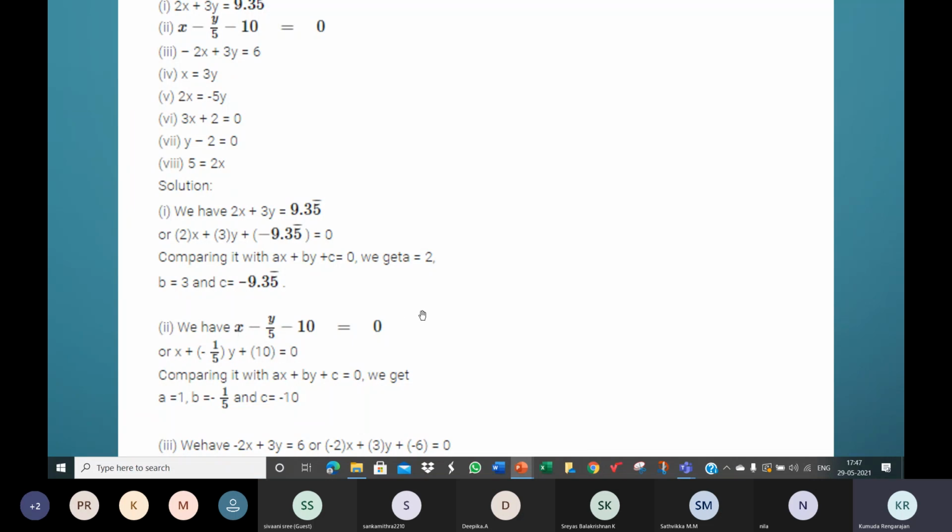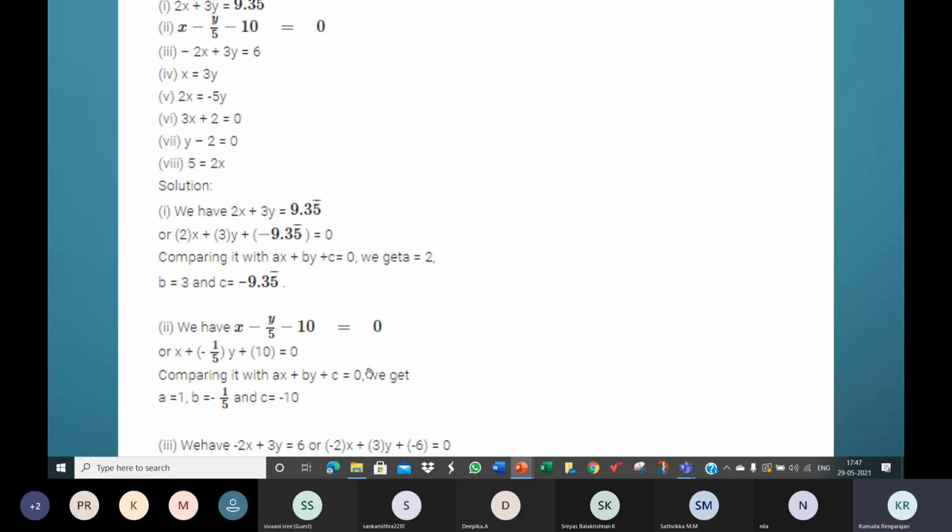You may directly see, when you have to write it in the standard form, it's just that you should bring all the terms to one side. So all of them are on one side here. You can straight away compare. If you want, you can write this step: x, take a plus outside, because it is ax plus by plus c is equal to 0. So ax plus, this plus minus 1 by 5 in the bracket, minus 1 by 5y. If you take a plus outside, in the bracket it will be minus 10 is equal to 0.